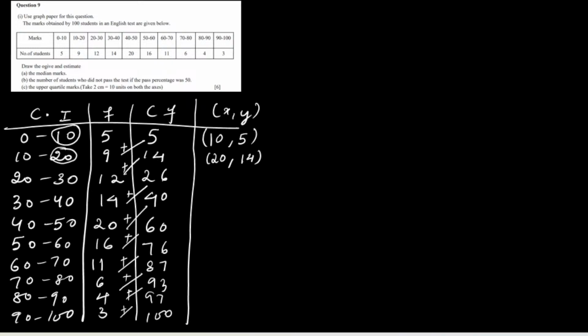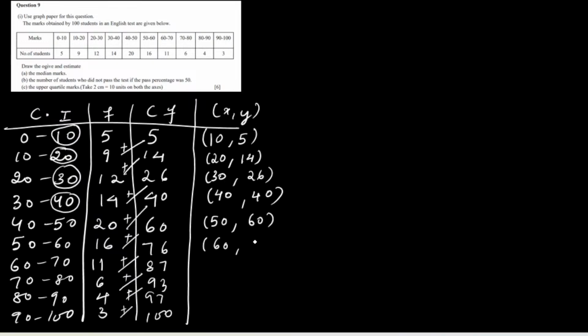Then the upper limit is 40. So 40 comma, the cumulative frequency corresponding to this is 40. The next one, in the same way, we take the upper limits. So 50 comma 60. Then we have to take